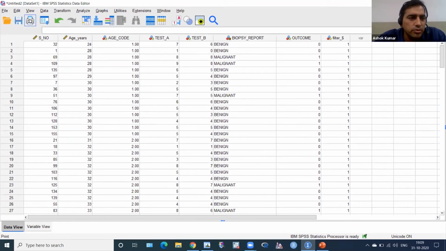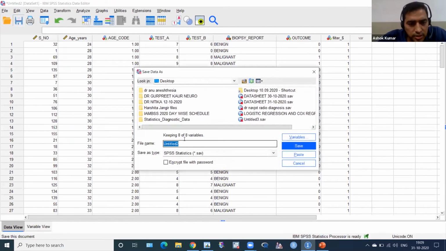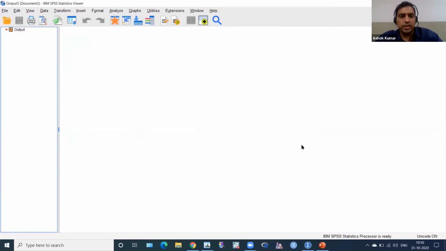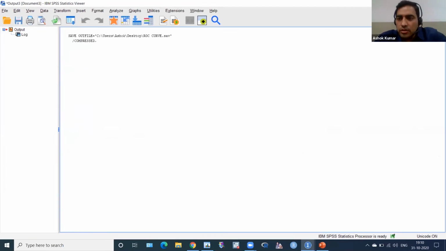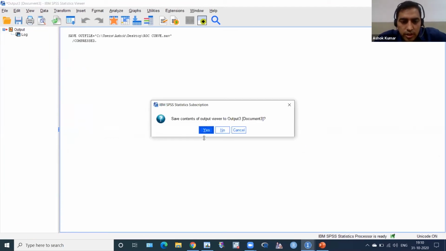Okay, I have to close this SPSS file. Then I have to save. I have to click here to save this file. Click here, then this is desktop. I want to save it as untitled 2 or ROC curve and click OK, save. So I will get this SPSS on. Don't want to click OK. They don't want to save it and cross it.